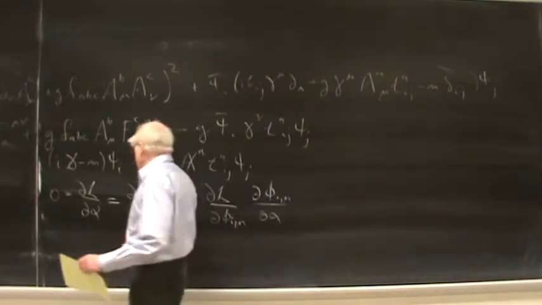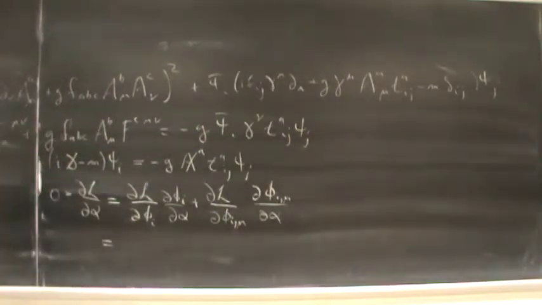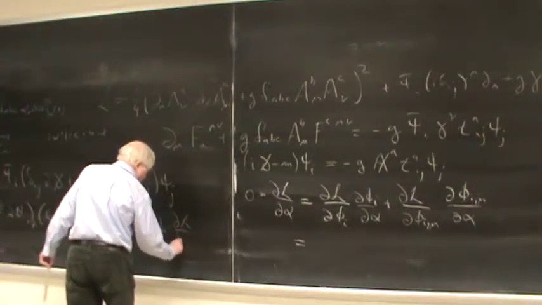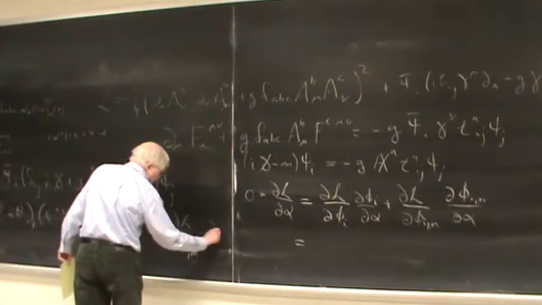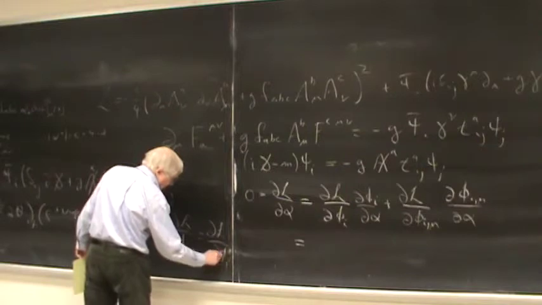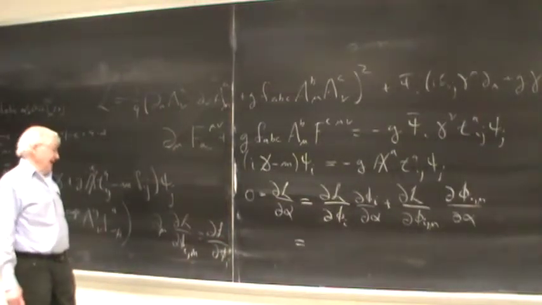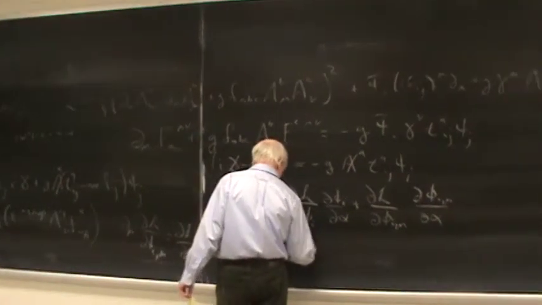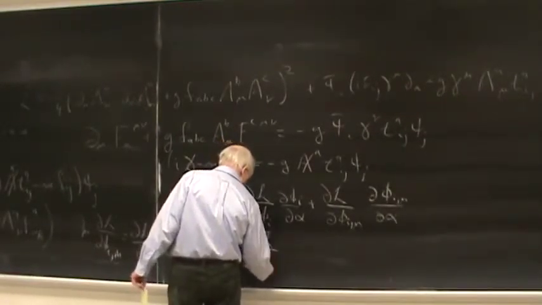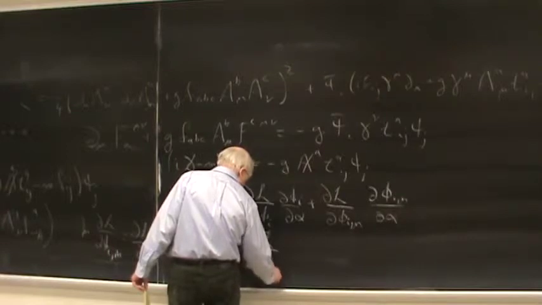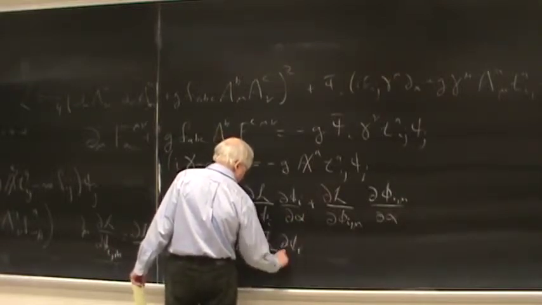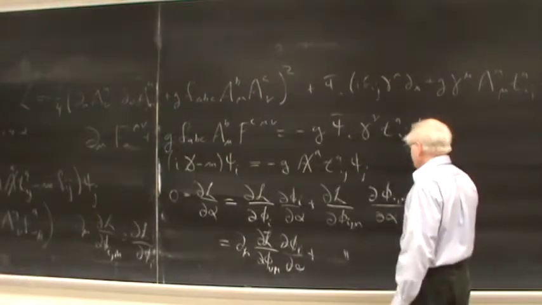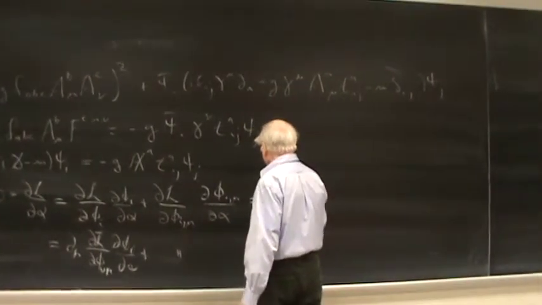Okay, but now if we assume the classical equations of motion hold, the classical equations of motion, of course, are d mu of partial L, partial phi I comma mu, equals partial L, partial phi I. And that means then we can replace this term with the muth derivative of the partial of L with respect to the muth derivative of the I field, and then we've got partial I, partial alpha, plus this term. And this whole thing then is d mu of,